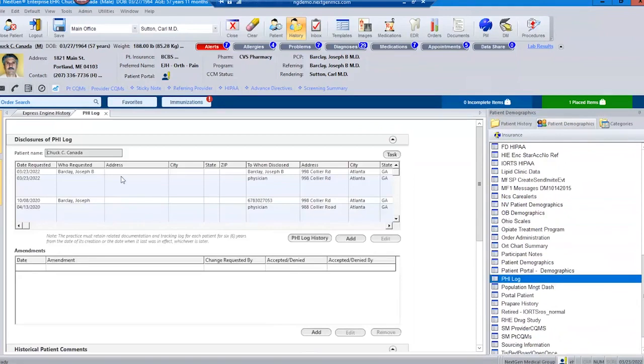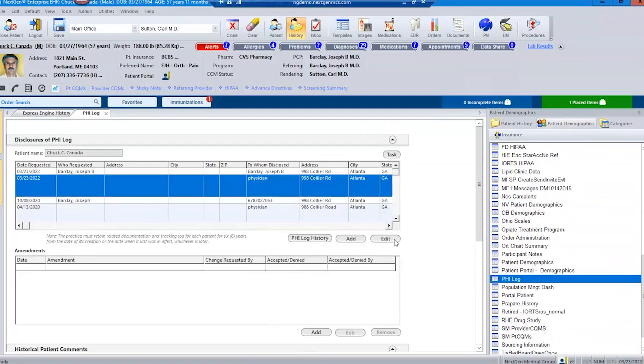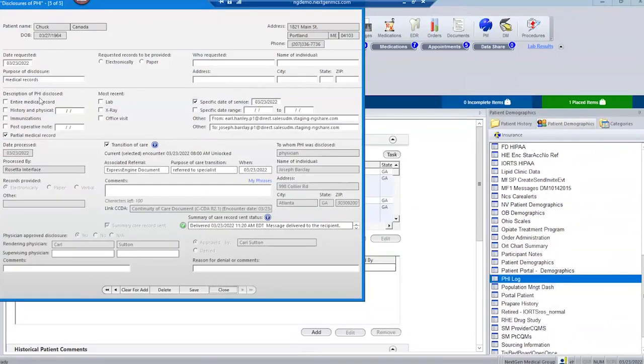So I have the ability to pull up a specific physician or a specific transaction. You can see I have some here already, where I can actually come under edit, and then I can see exactly if any document was sent out and then what was delivered. But I don't have,